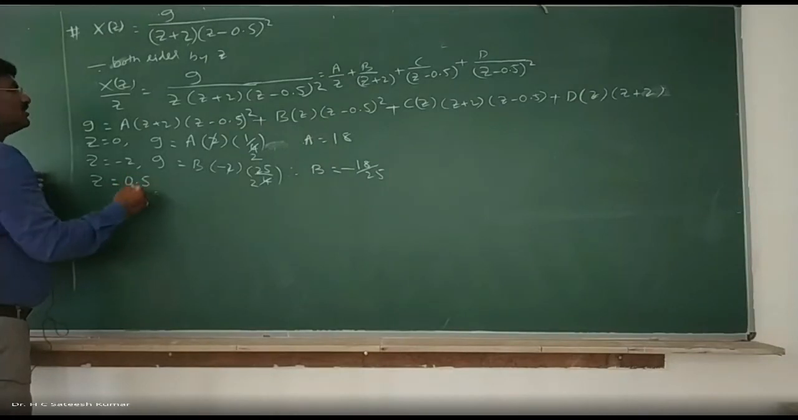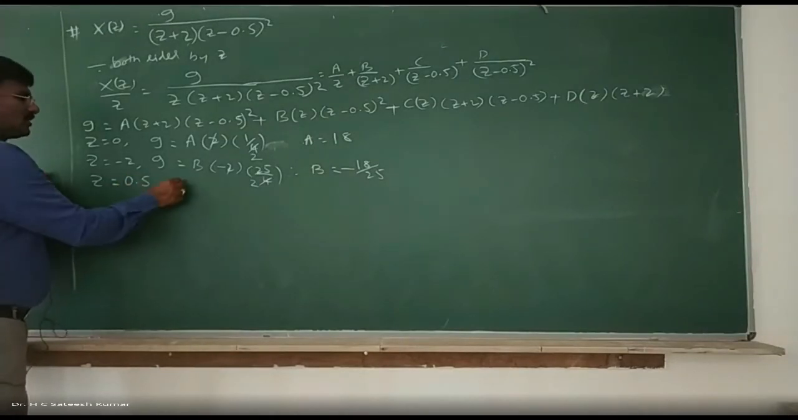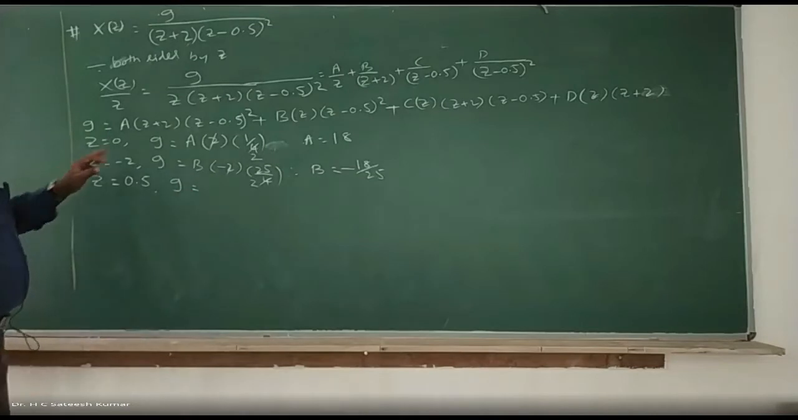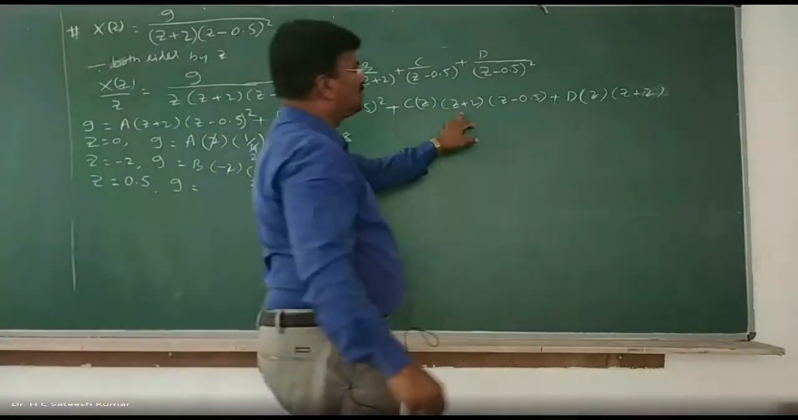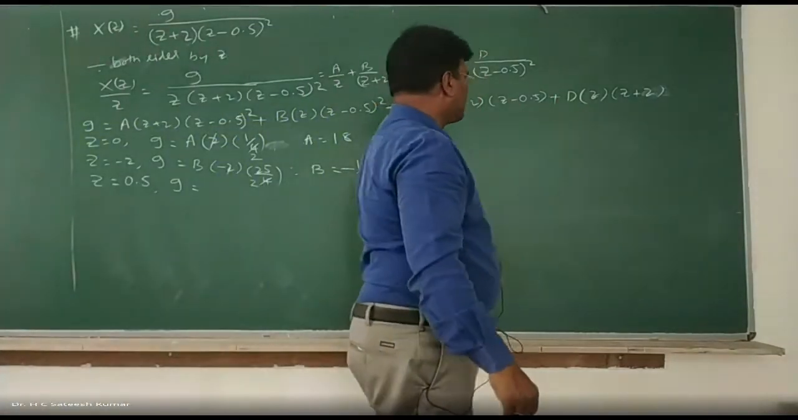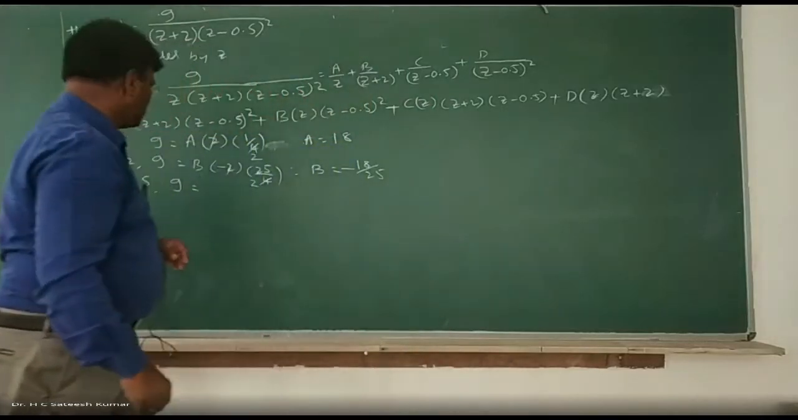Z is equal to 0.5 means what? 9 is equal to 0.5. First one 0, second one 0, third one 0. Okay, fourth one, D, you will get it. D into